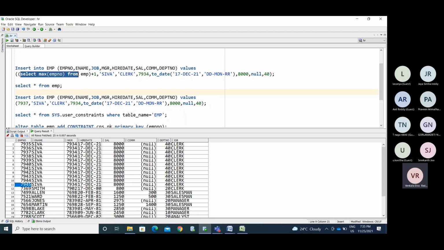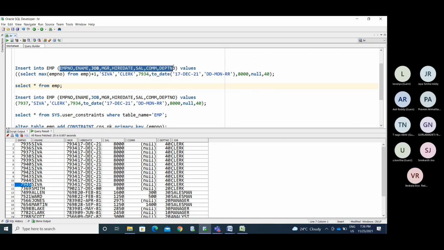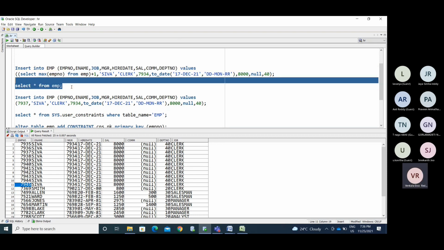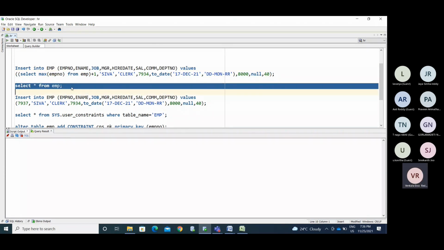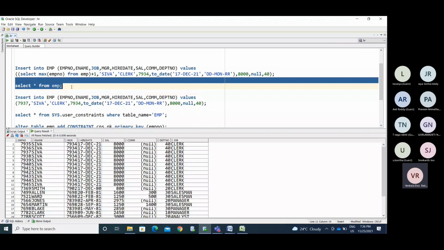Achieve this sometimes like this. Here you are inserting the data one by one. So if you want to insert multiple records, we need to use the employee number. So treat it like this: say you have the employee data in a different table.